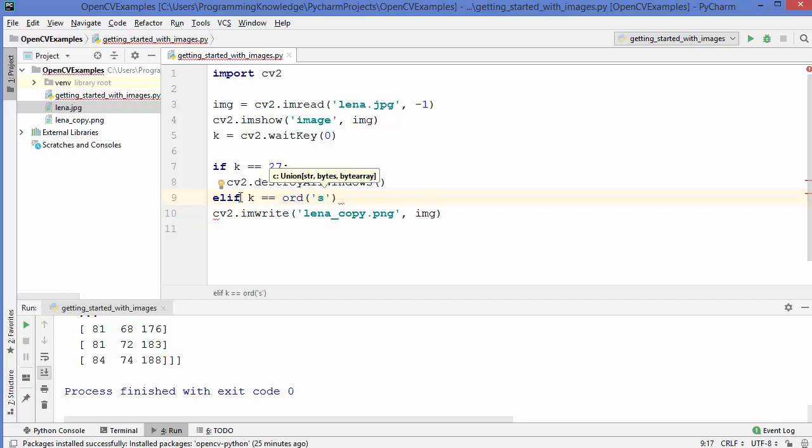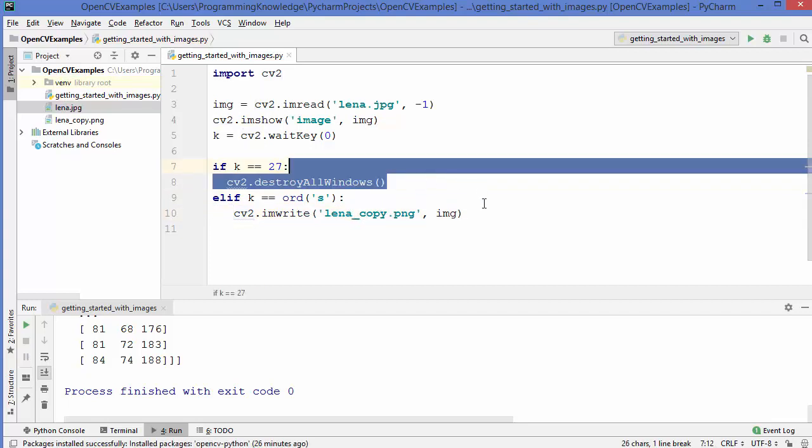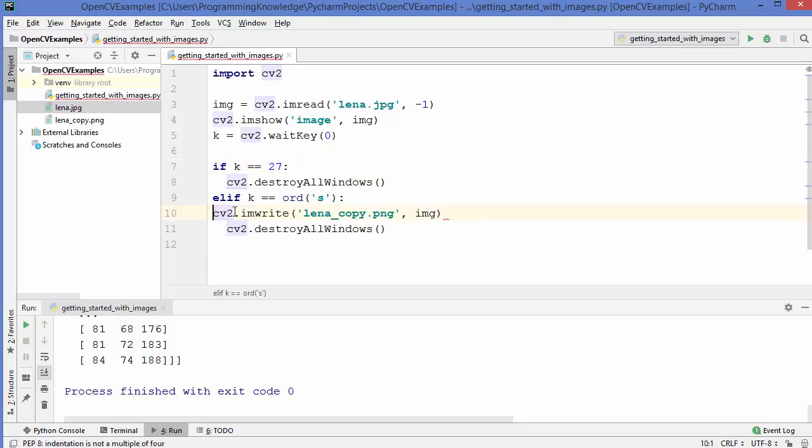So let's say somebody presses the S key, and if somebody presses the S key, we just want to save the image which we have read using the imread function to a second image which we call lena_copy.png, and then we will simply destroy all the windows which we have created using imshow method.